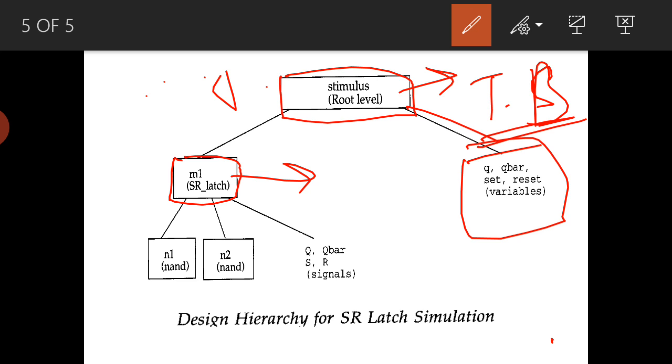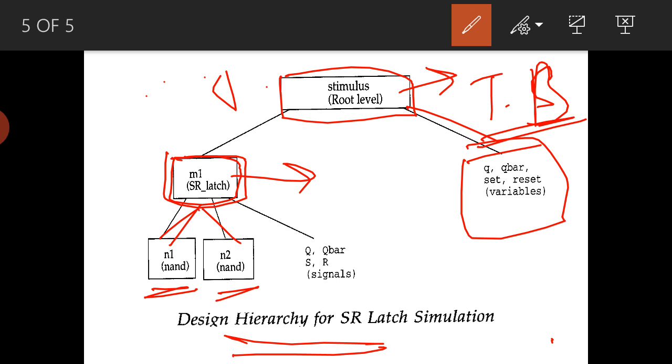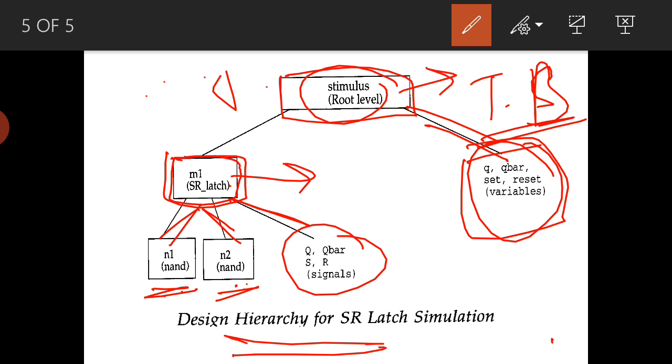It contains n1 and n2. So basically the SR latch is the module, and in that we have n1 and n2 as submodules. These are the port list for the m1 latch and these are the components, and in stimulus these are the signals and these are the instantiations we are using in stimulus.